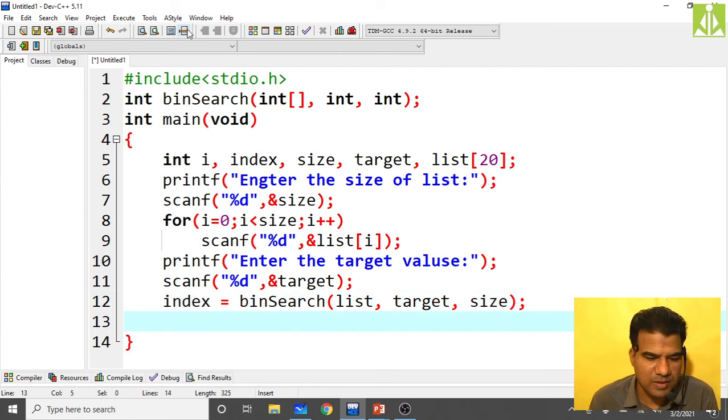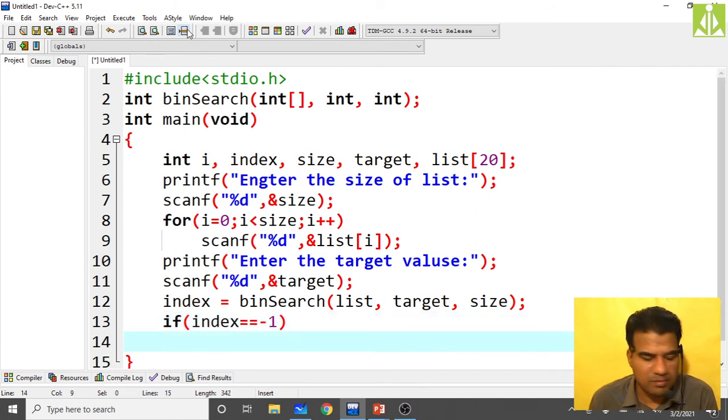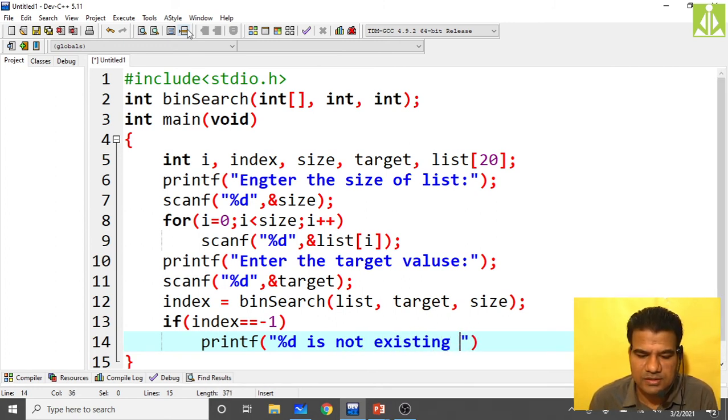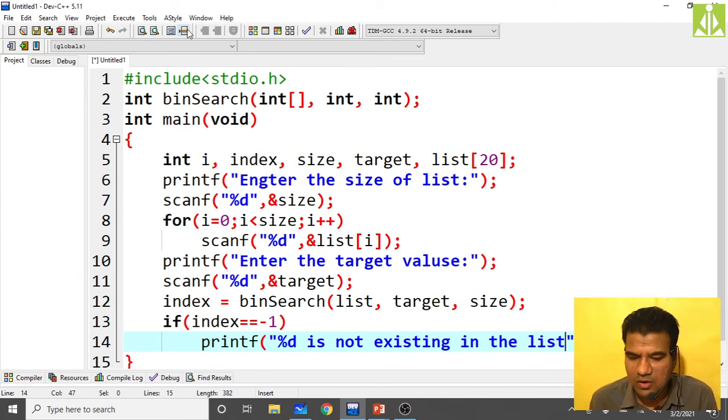Three things we need to pass. If the index value returned is -1, that means target not found, so simply print a message: printf %d is not existing in the list, meaning your target is not existing in the list.